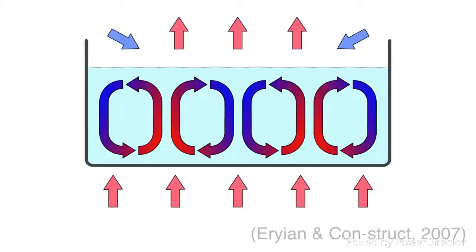So that means that it can give away some of that heat energy to the cooler air particles above the surface of the water. When it does this, it loses its heat energy. It loses this movement or this kinetic energy that each particle has. And so they come closer together because they're pushing each other apart less. So now that they are more dense, they then sink down to the bottom of the beaker and they go through the